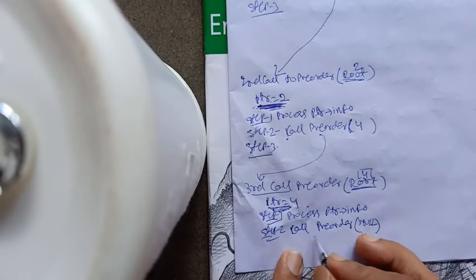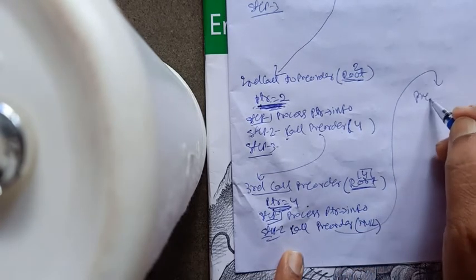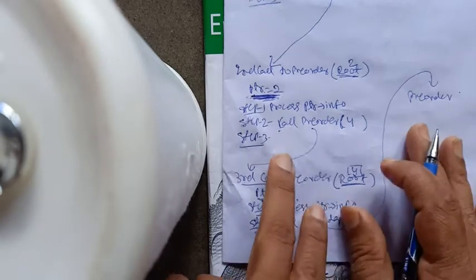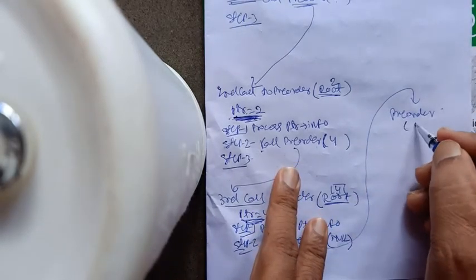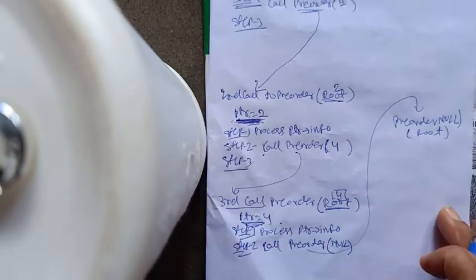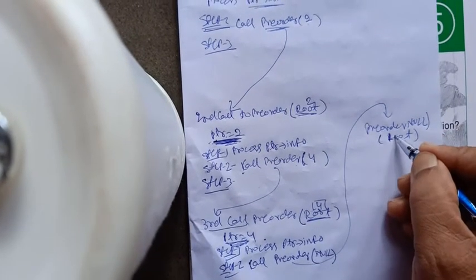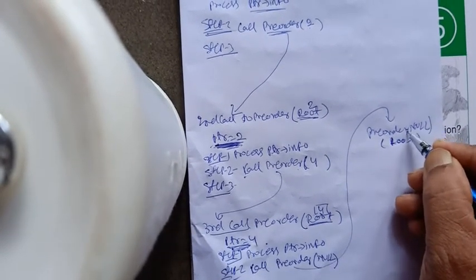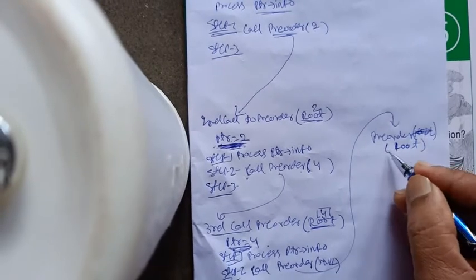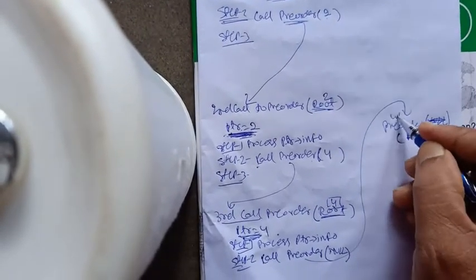Okay, when it passes null, it will be called once again. So preorder will be called. This is another call. Okay, preorder will be called, and in root the value that will be passed is null. Clear? Okay, this will be root, and in the variable root the value of root will be null. Okay, so this is our fourth call.